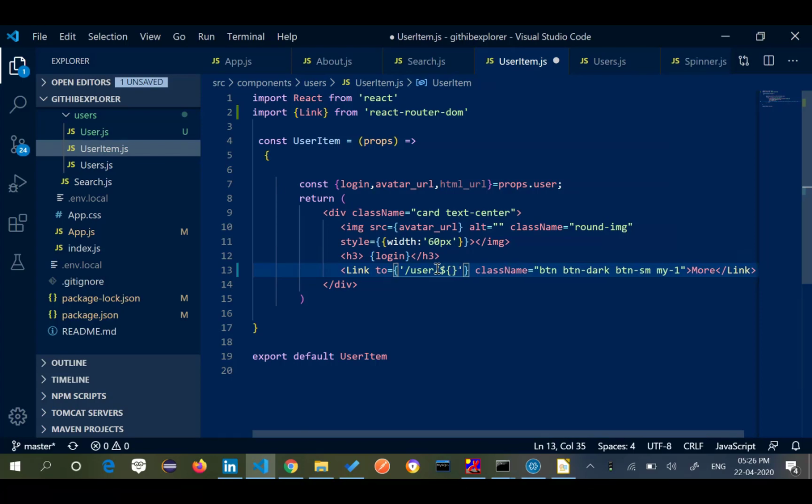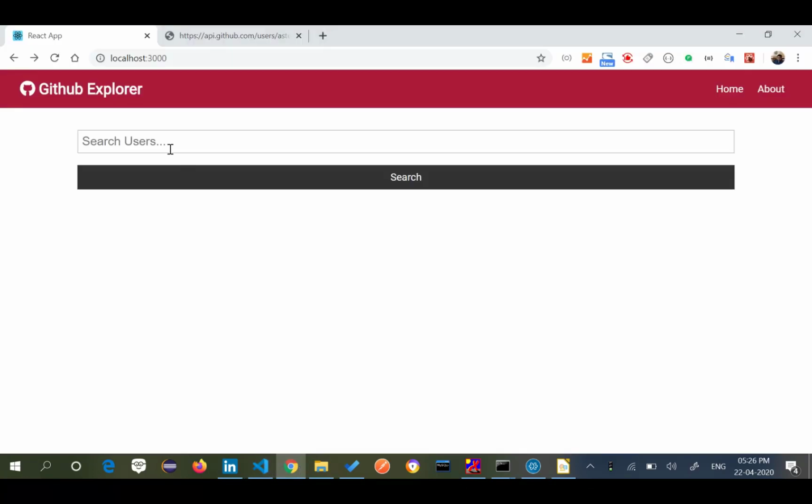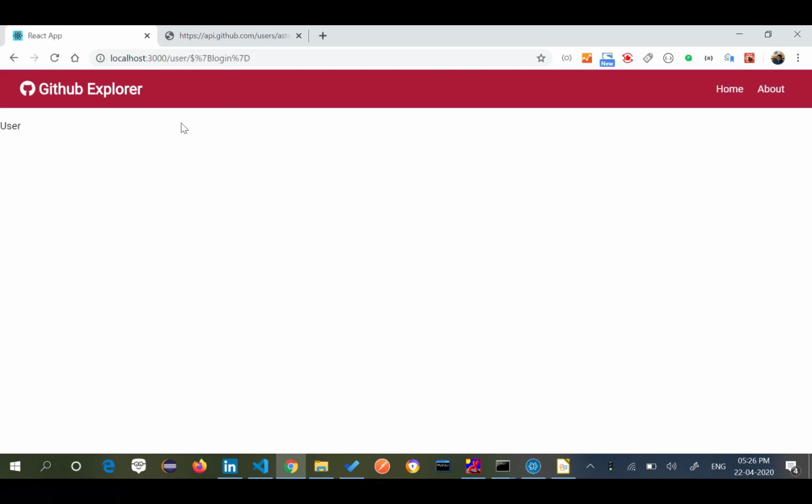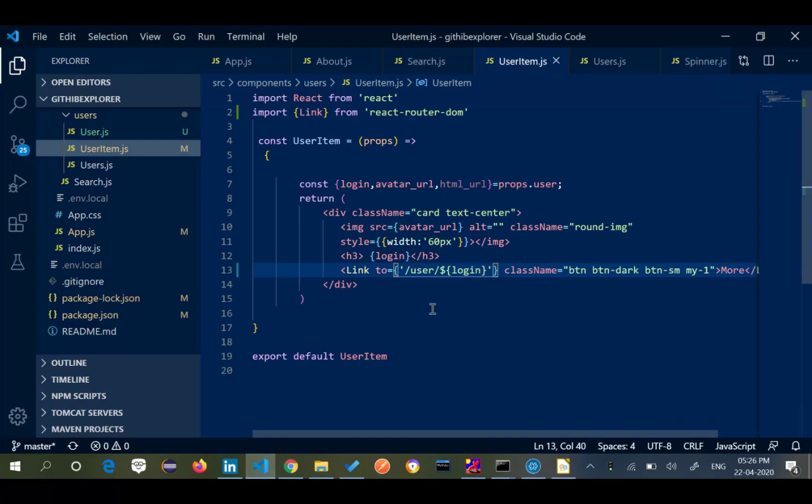Now what I'll say here is, I am getting the data in my login, right? Let's see if it is actually reaching up ahead. If I say more, okay, I made some mistake here. This has to be in backticks. Whenever you want to embed the real-time value, it has to be in backticks.